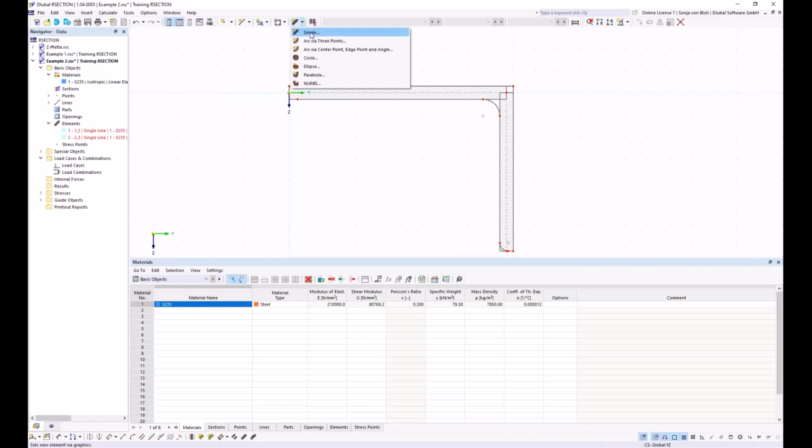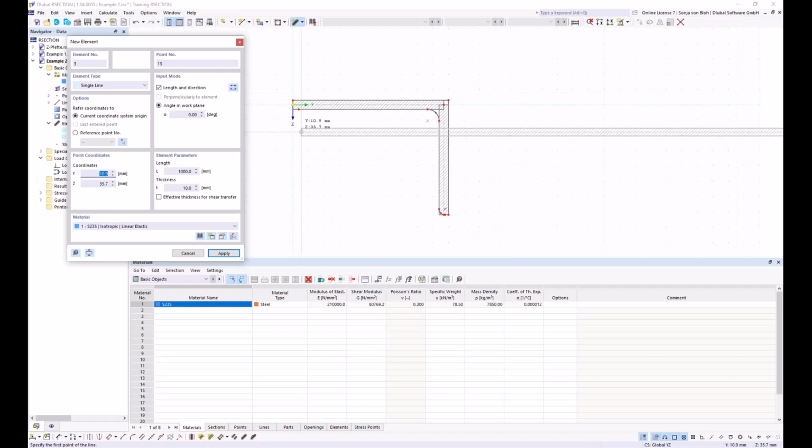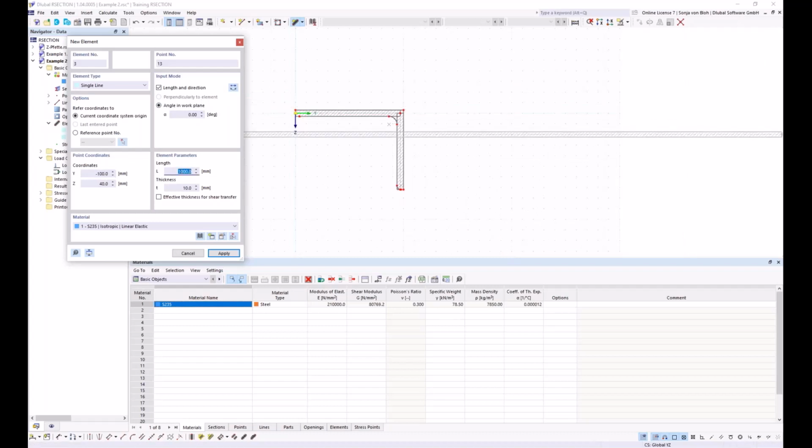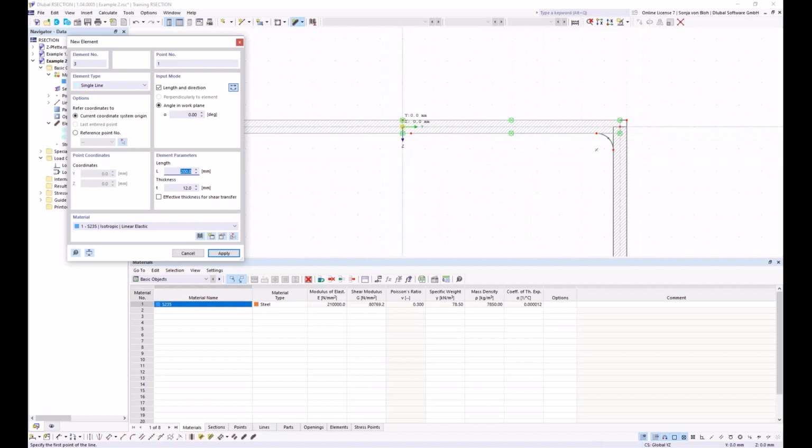So I select here a single element, and I use also the input mode length and direction. Angle in the work plane is 0 degree, and I define here a length of 200 millimeter and a thickness of 12 millimeter. Now the direction must be changed, so I click here on reverse orientation, and then I click here